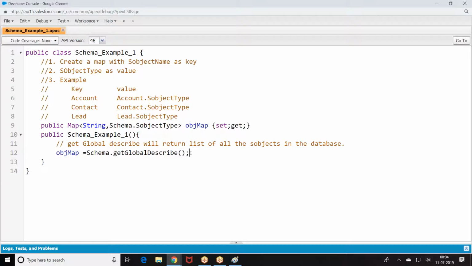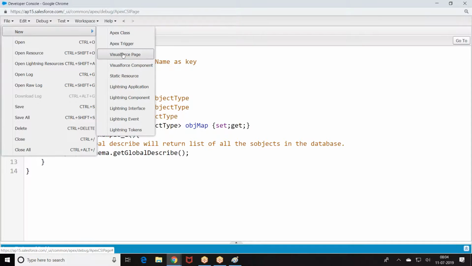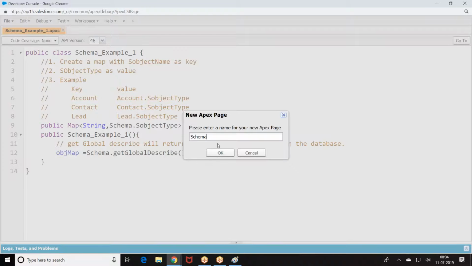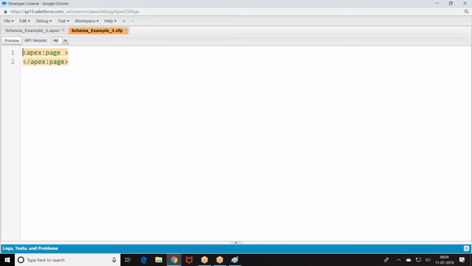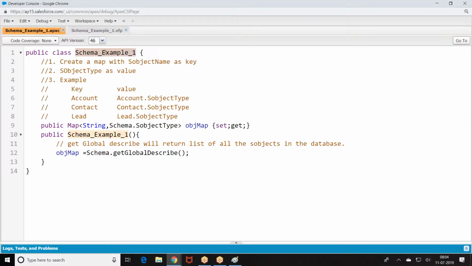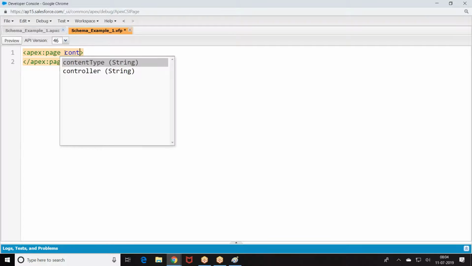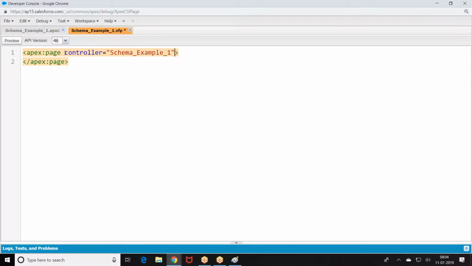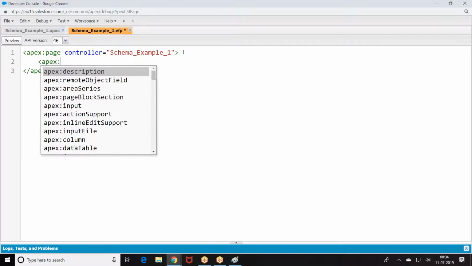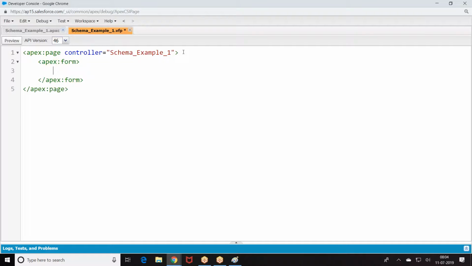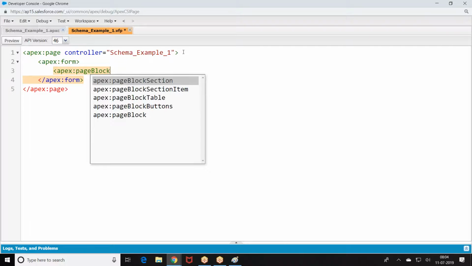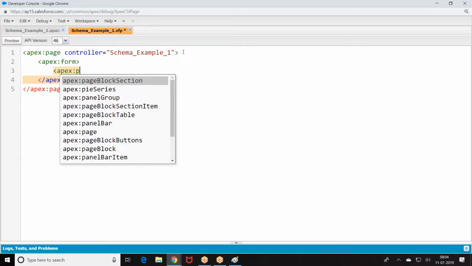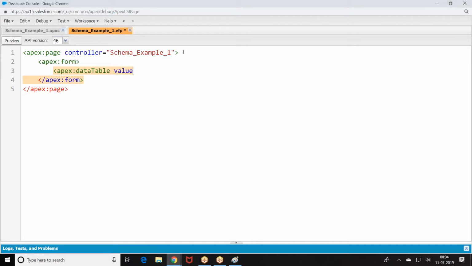Then, how will you get it? Go back to the story. VF page. Now, objectMap.